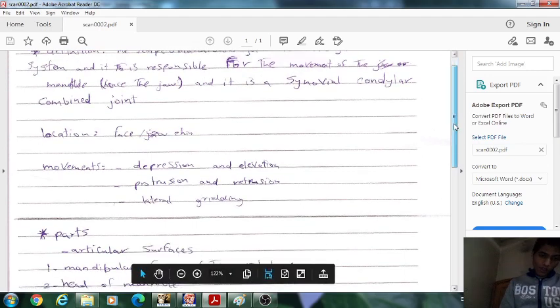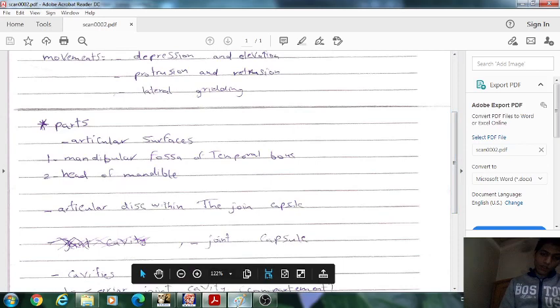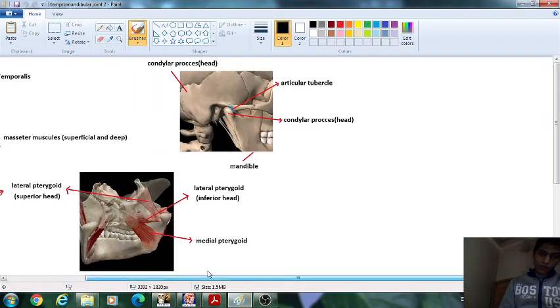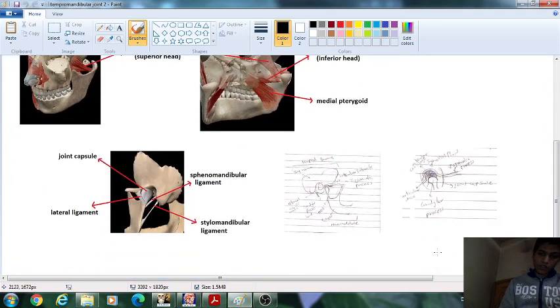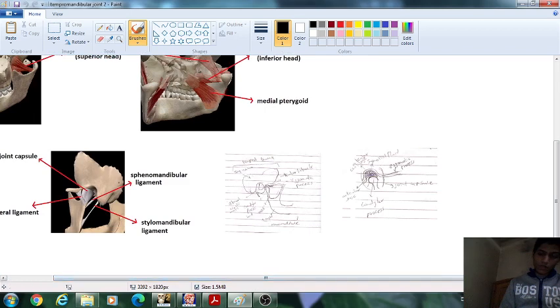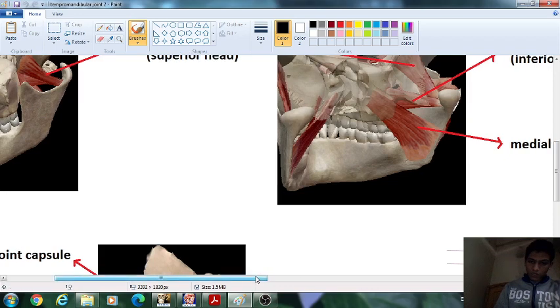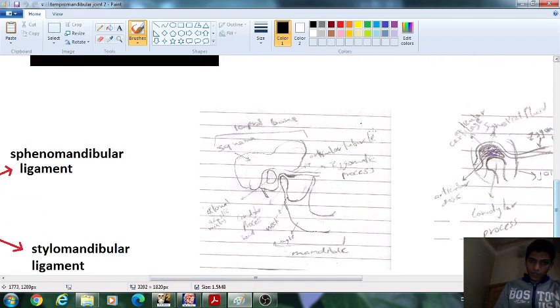Okay, then let's show my hand drawing of the joint. Of course, we have some interesting drawings here, but I'd like to add my own hand drawings first. Let's zoom in. This is the temporal bone, a schematic drawing, of course not very precise. And this is the mandible. Here the condylar process, or the head of the mandible, is inserted in the mandibular fossa